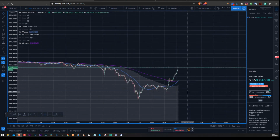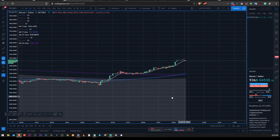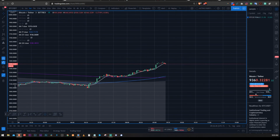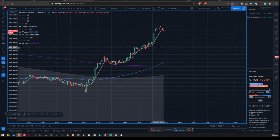Now, this is the same exact thing as the 1 minute, but this takes 3 minutes to make a candle. So each candle is 3 times as long. So we're measuring price action within 3 candles. This gives us a broader perspective of what's going on. And as you can see, on the 3 minute chart now, this